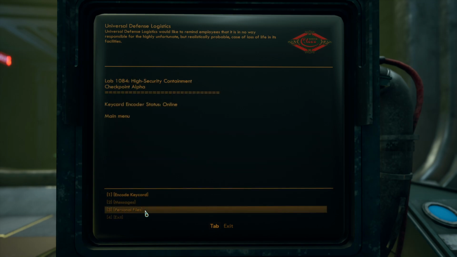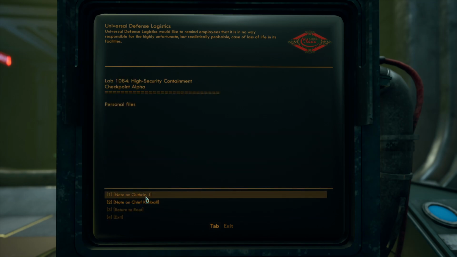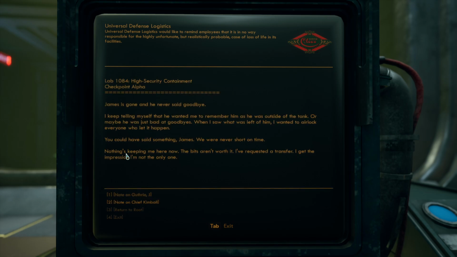Personal files. Note on J. Guthrie. James is gone and he never said goodbye. I kept telling myself that he wanted me to remember him as he was outside of the tank. Or maybe he was just bad at goodbyes. When I saw what was left of him, I wanted to airlock everyone who let it happen. You could have said something, James. We were never short on time. Nothing's keeping me here now. The bits aren't worth it. I requested a transfer. I get the impression I'm not the only one. Isn't Jay...